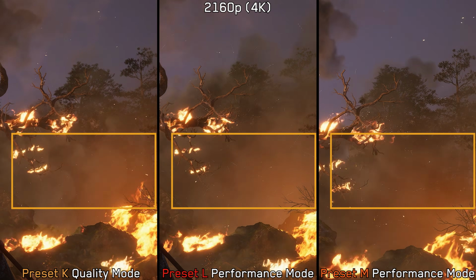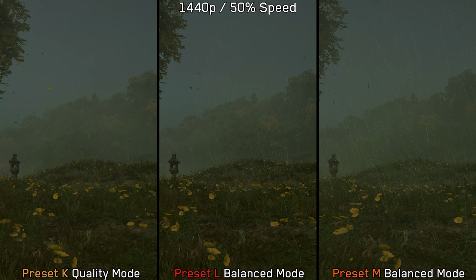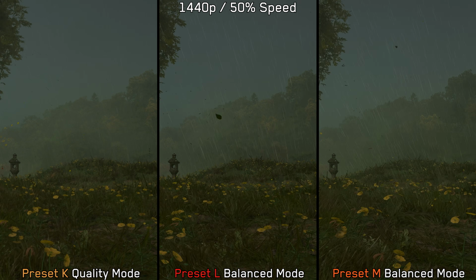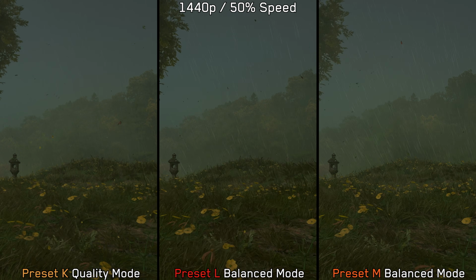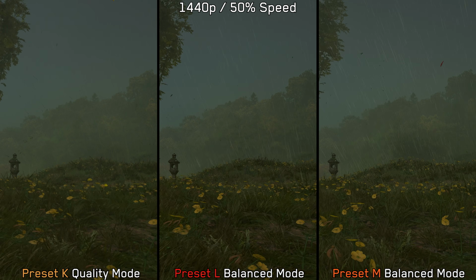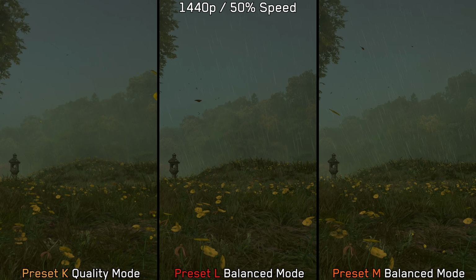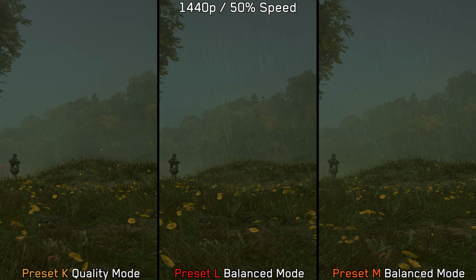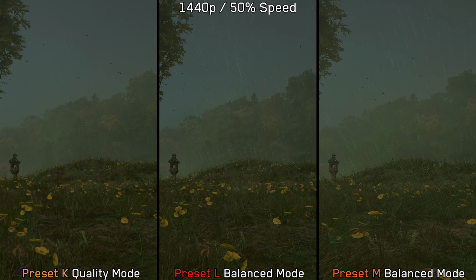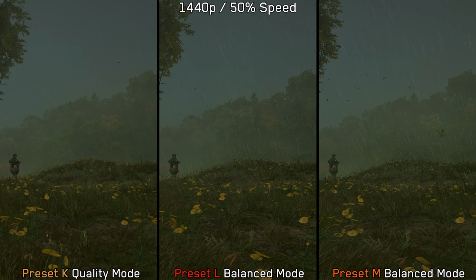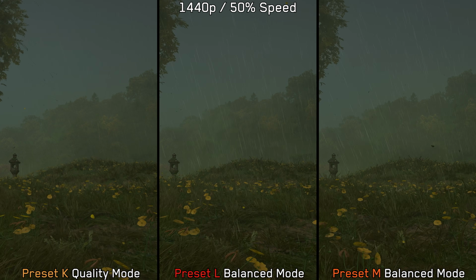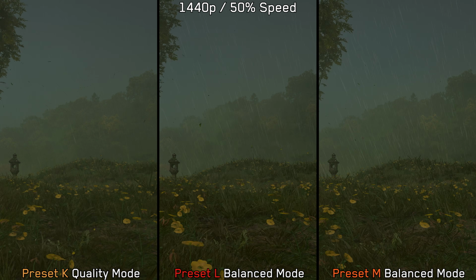preset K or M. The final particle-related issue I want to highlight, which I've observed in many games, is how DLSS 4 preset K can reduce the visibility of certain particle effects. Like here in AC Shadows, notice how the rain particles with preset K have heavy ghosting that negatively impacts their visibility. But with the new presets L and M, that ghosting is gone and the rain particles are easier to